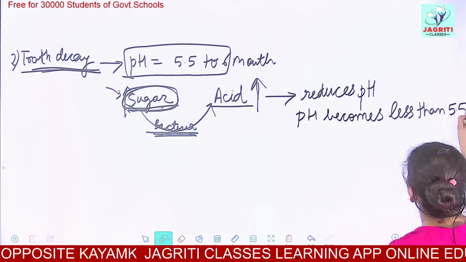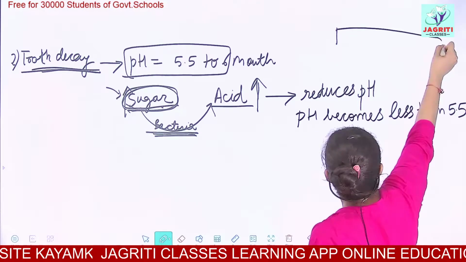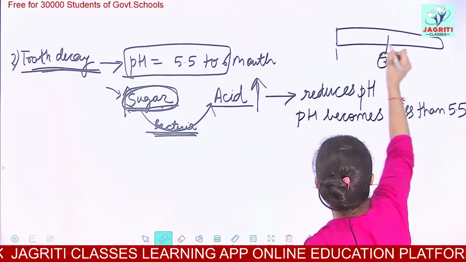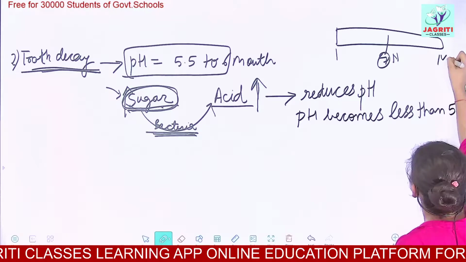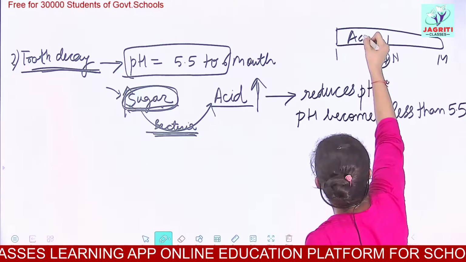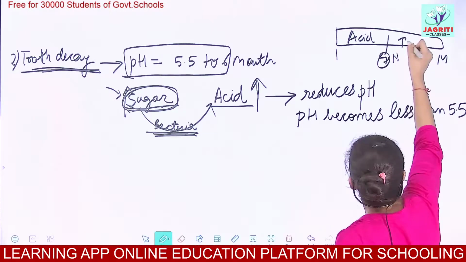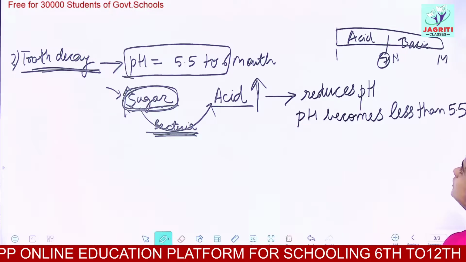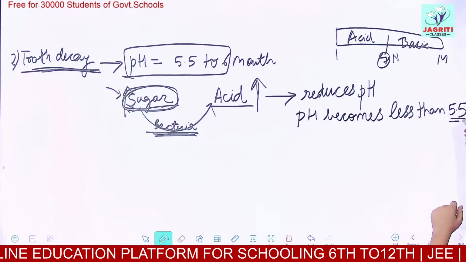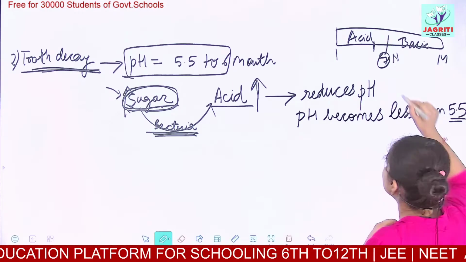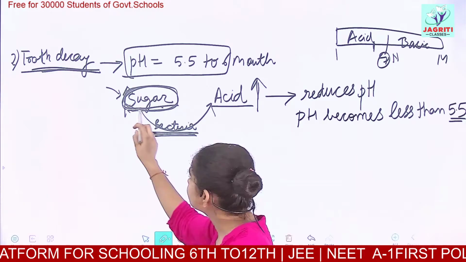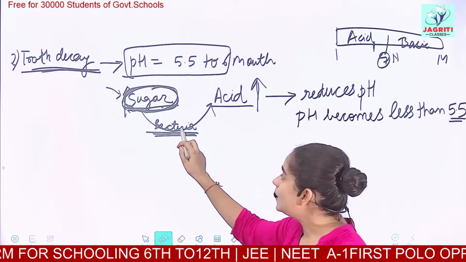You all know I have just now discussed the pH scale. In the middle it is 7, that is neutral solution. Here comes 1 and here comes 14. Here all the solutions are called acidic, and on the right side they are called basic solutions. So when we have pH 5.5, 5.5 is what? Moderately acidic. But if we increase the amount of sugar in our diet, the bacteria will work on the sugar